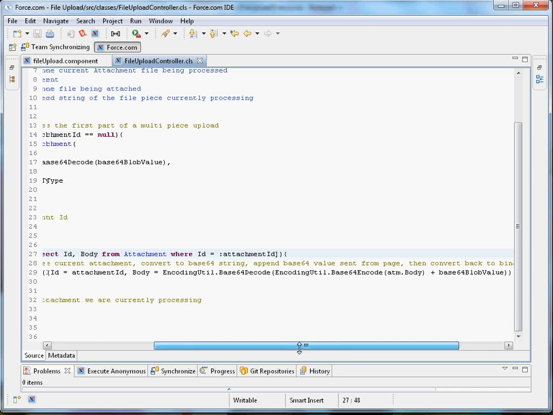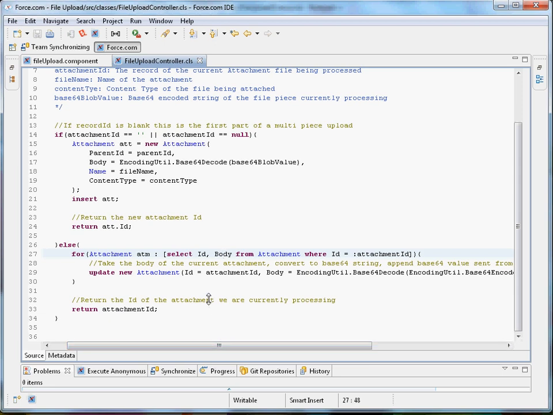converting it to a blob. We update the attachment. We do that a bunch of different times with a bunch of small pieces of the file. In the end, we end up with a full and complete file in Salesforce.com. And then again, we return the attachment ID just to let the page know that everything's done. And it will actually update that little URL so you can click on it and go right to the document